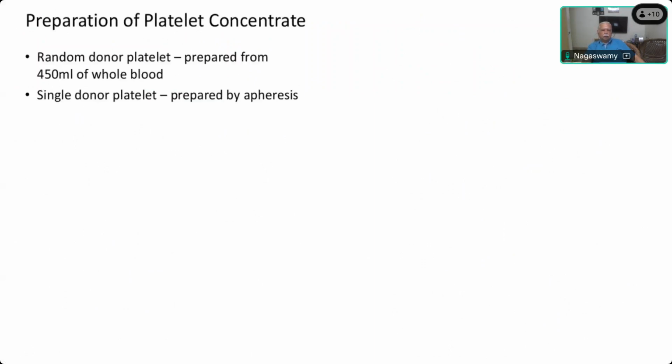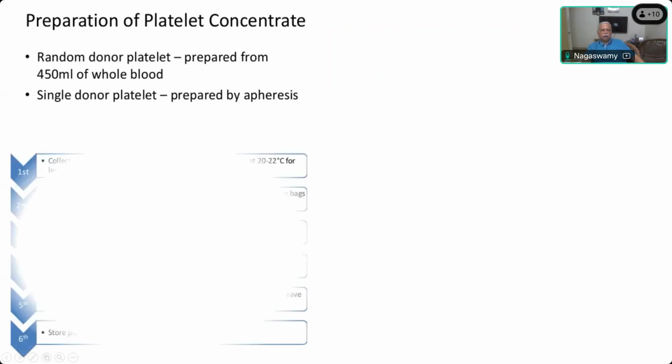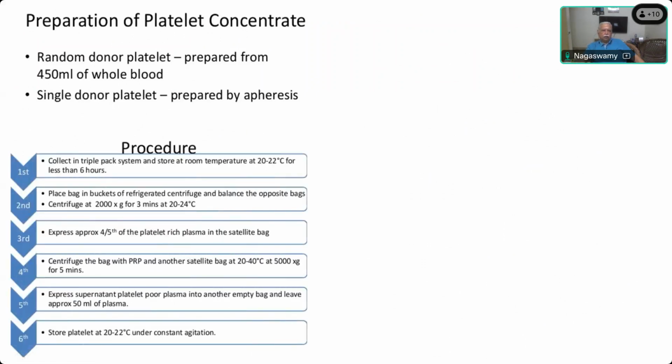Next comes the platelet concentrate preparation. You can do a random donor platelet prepared from 450 ml of whole blood, and if you take it from a single person, it is called single donor platelet prepared by apheresis. The procedure for that is to collect in a triple pack system, stored at room temperature 22 to 26 degrees for less than 6 hours. As I told earlier, if you want to separate platelets, it should be done within the first 6 hours